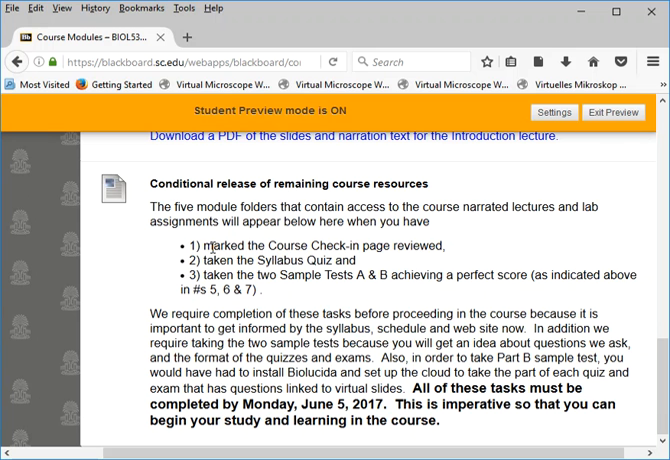What you're going to have to do is mark the course check-in page reviewed, just like you would have marked the email check-in page reviewed. You're going to have to do that. You're going to have to take the syllabus quiz and earn up to 25 points depending on how many questions you answer. And you're going to also have to take the 2 sample tests, A and B, to receive a